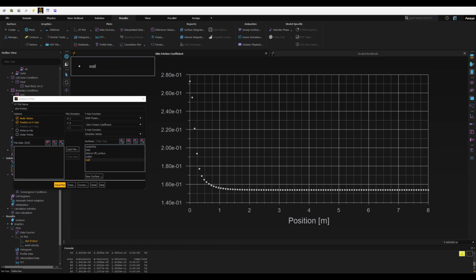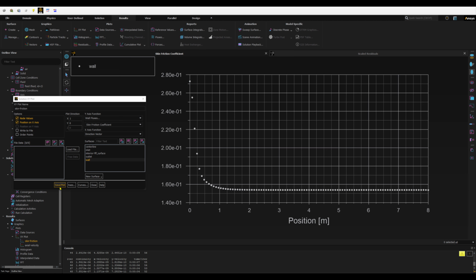So I will close this window. And as you can see, the fully developed region is reached at around 3 meters here, roughly, and the skin friction coefficient in this region is around